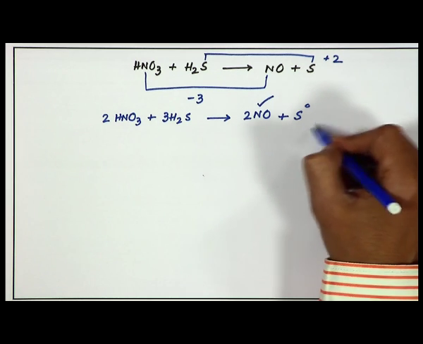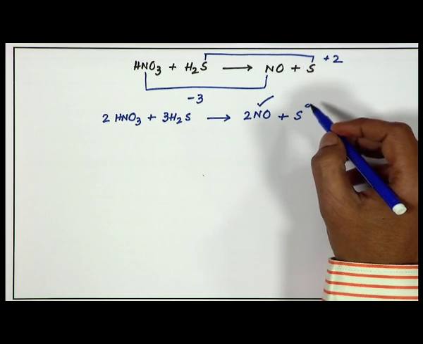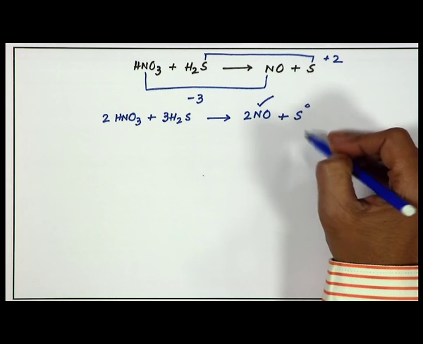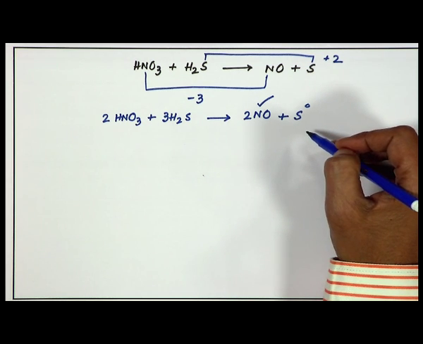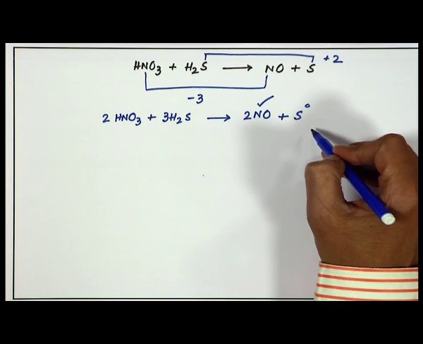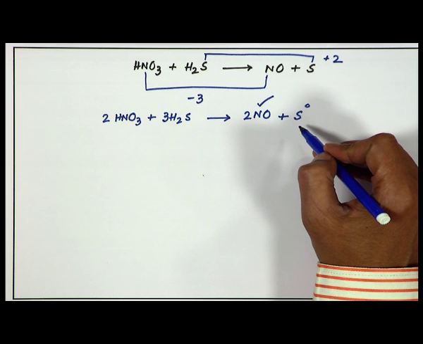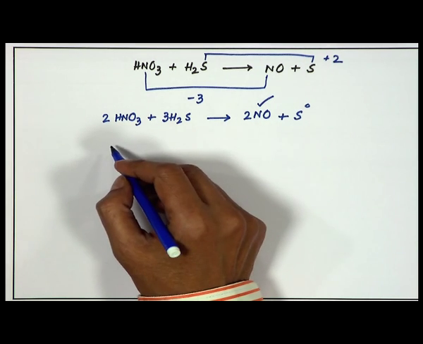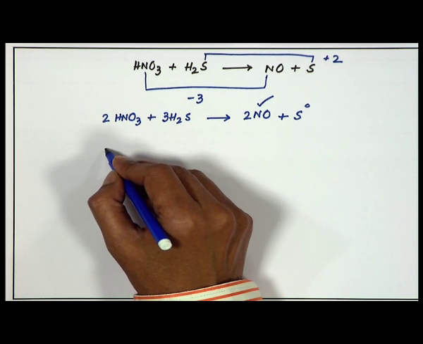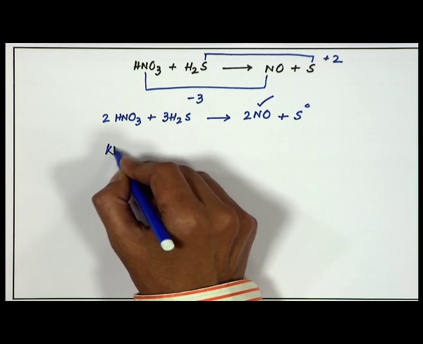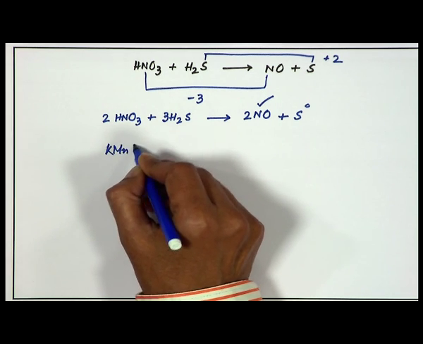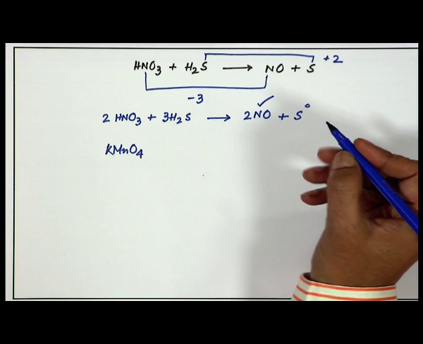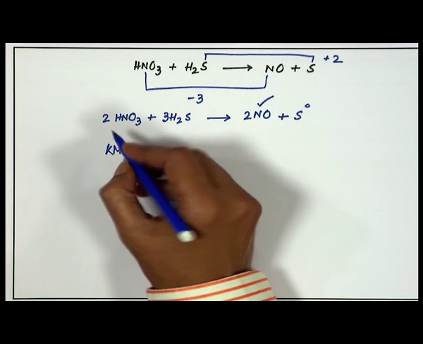So, elemental sulfur liberation can also take place, and that is an interesting observation in experimental or practical chemistry, that you can see this elimination of sulfur from that particular reaction. So, another interesting reagent, like your potassium dichromate, is potassium permanganate, KMnO4, where